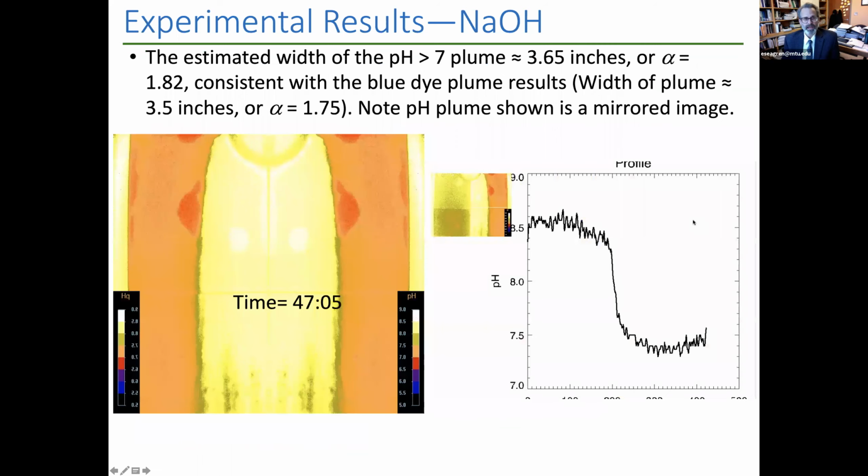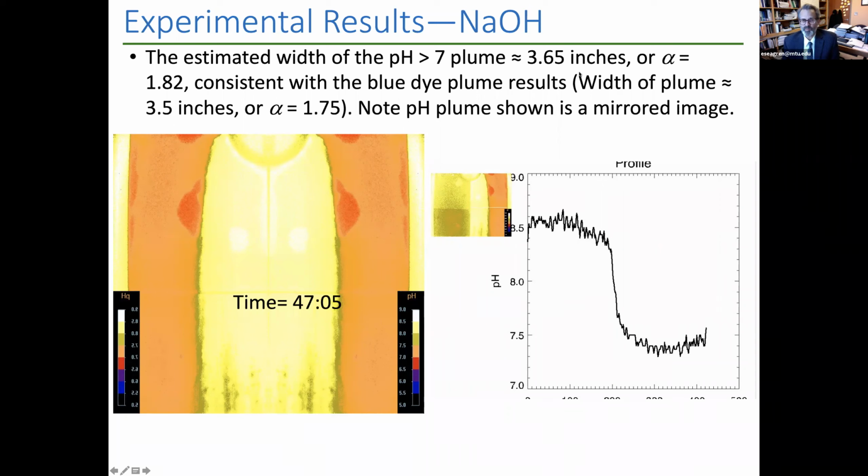Okay. And to estimate the width of the plume, what we did was take a profile across that. And so here you can see, and this profile is about midway through the plume, we have a pH of about 8.5, and then a dramatic drop off to the background pH of 7 to 7.5. And so we could estimate the plume width. Alex and I did this independently. We got slightly different numbers, so we need to refine our method here, but